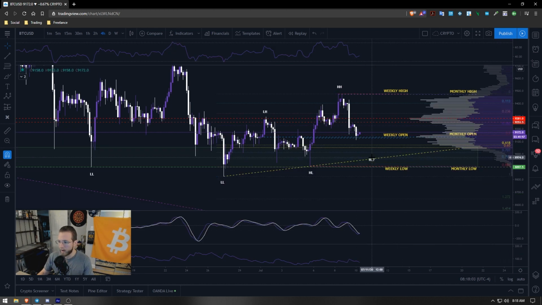If we end up getting a higher low here, I would be starting to ladder in longs with a very tight stop, probably just below our monthly low. And that would probably be my plan, is to go long the bottom of this box, because once this higher low is met or surpassed, that would invalidate my trading plan for this.